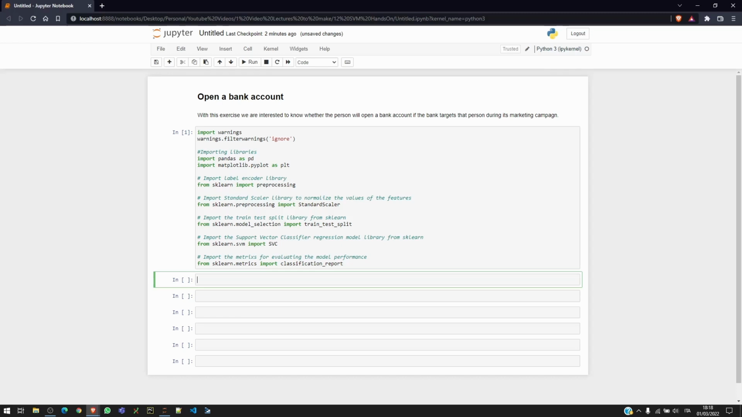Today we are going to understand how to implement the support vector classifier machine learning model on a real-world dataset where we are interested to predict whether a person will open a bank account if the bank targets that person during its marketing campaign. I have already imported the necessary frameworks that we are going to use for this exercise,